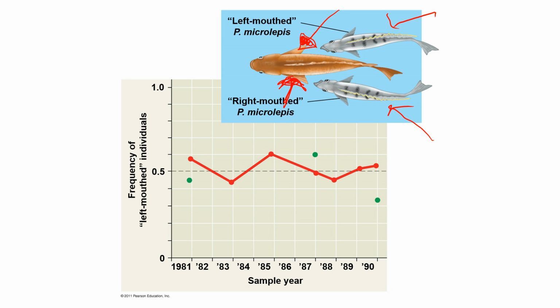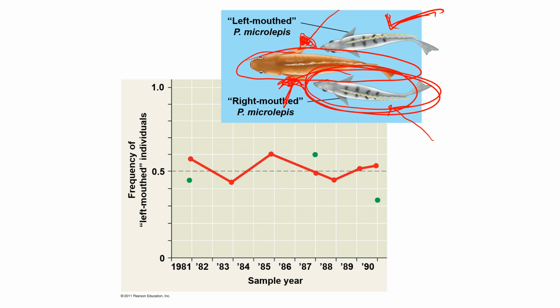So here the idea is that individuals who are part of the minority of the population, in the next couple of generations, become more predominant because the prey fish begin to adapt to the fish that are preying on their scales. If you have more of those that attack on the right side, they get used to that. So the ones that are preying on the left side, they don't notice it as much. So these individuals reproduce more often, and so they become more predominant in a couple of generations.